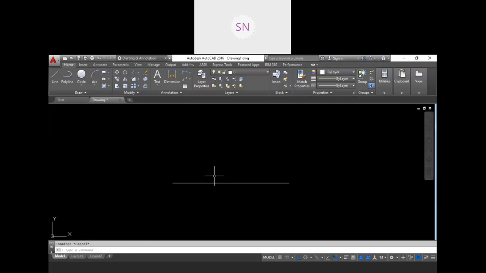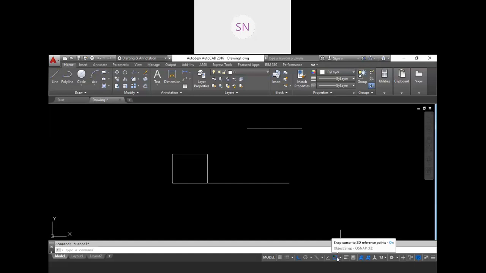And one rectangle, REC, enter. From this point at the rate, I am creating a rectangle with the relative method. So 30 comma 25 will be my next point. So this we have rectangle 30 comma 25, right? Now the first one is the move command in the modifications. But before we continue with the modifiers, let me discuss the object snap tool.